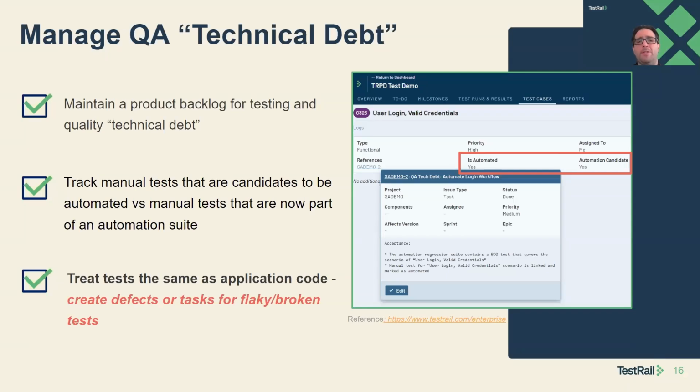There's a couple of things that I really like to enforce and have seen with great success. One of the big ones is maintaining a backlog. It can be integrated into the main backlog. I've had segregated ones where we use some filters in Jira, specific for testing and quality technical debt. This can be anything from getting more automated test coverage, to we need to build out a performance testing framework, to some focused security or disaster recovery type testing, broken or flaky tests.